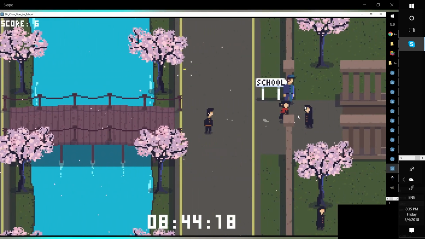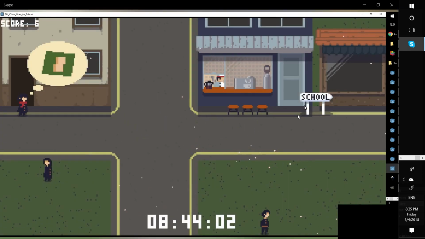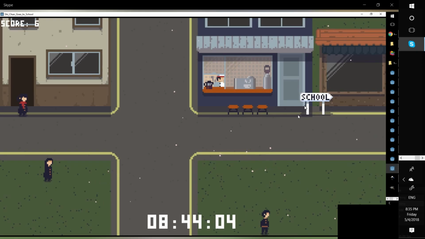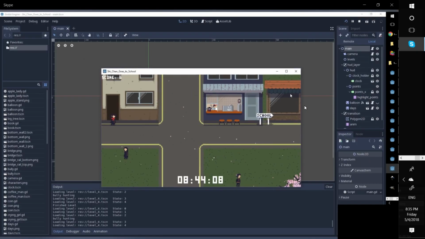So why is this not a finished game? Oh, because this is it. This is the final level. There's nothing else. Oh, you don't have day 10? You have to have 10 days in the jam. There's no 10 days. It's just